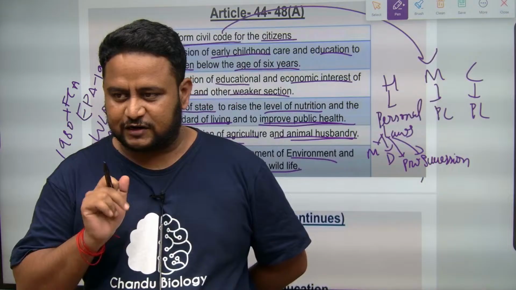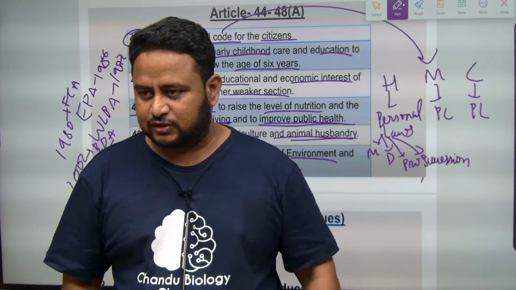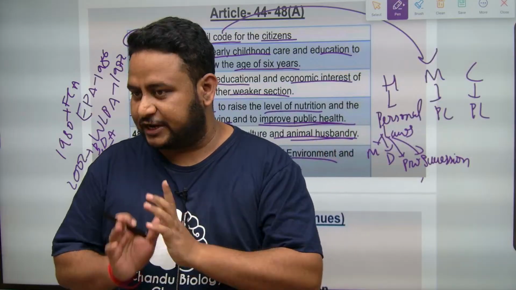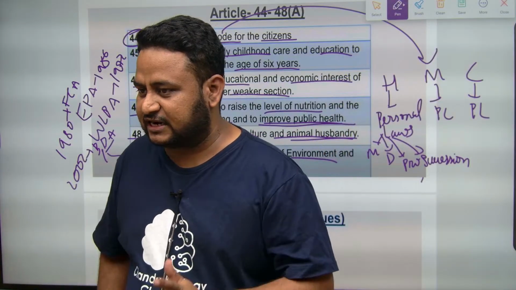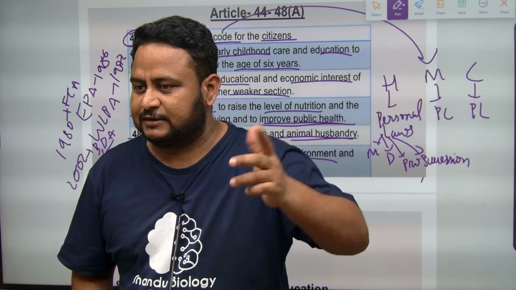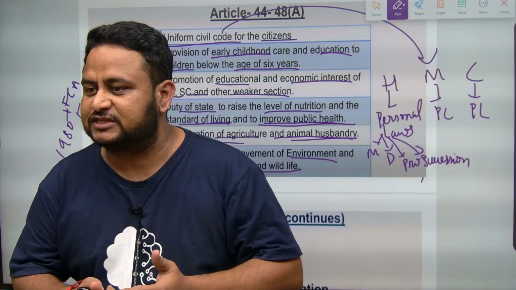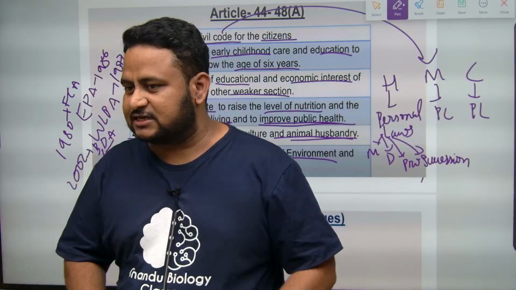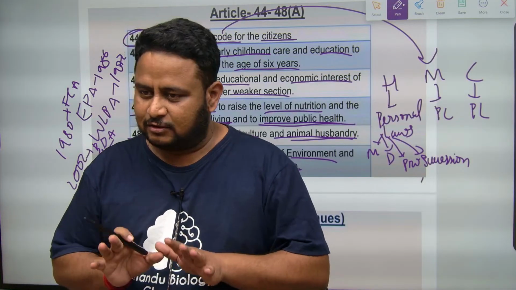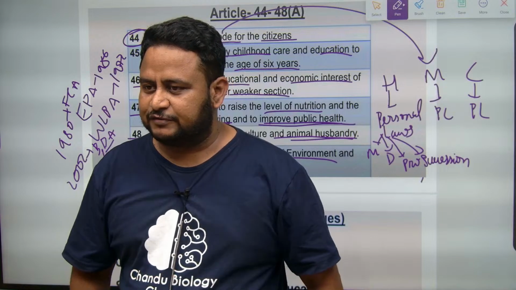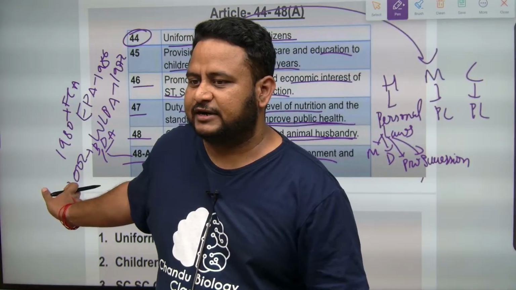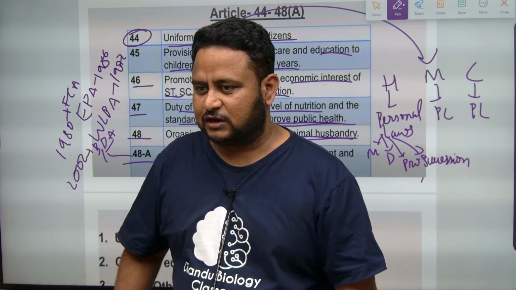Protection of environment is given in which article? Right to environment is Article 21. Right to clean environment is Article 21. Protection of environment is 48A. Don't get confused. Right to environment is under right to life, that is Article 21. But protection of environment is the duty of the state, 48A. That doesn't mean you can go and cut trees or put fire to the forest. It is the duty of everyone. If you try like that, you will be put in jail. The forest laws are now very rigid, and you can be imprisoned for a long time.